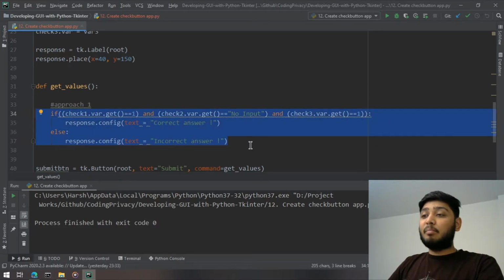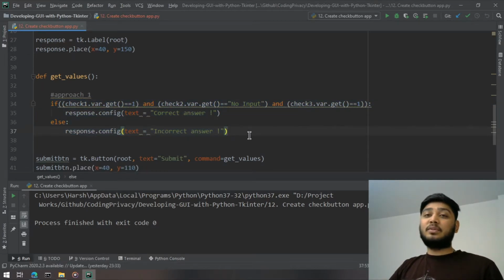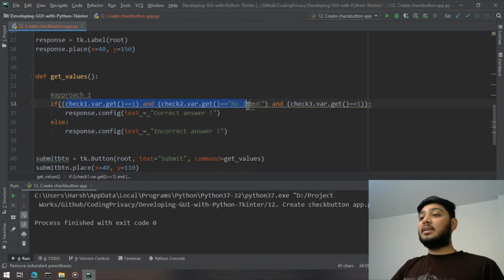So this is approach 1, where I've used the if and else condition. But let's say there are many check buttons, like 15 check buttons. I'll have to write this condition 15 times, and it will go way out of my line, right?